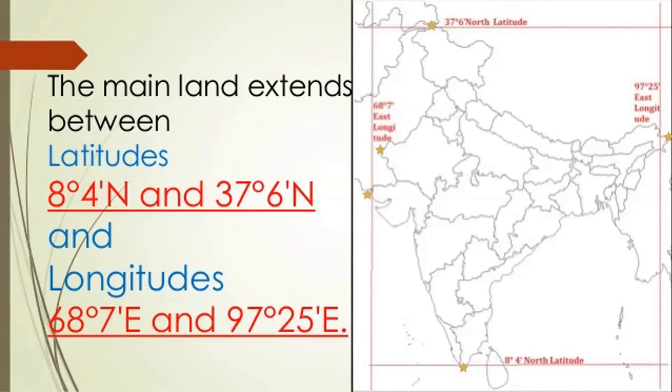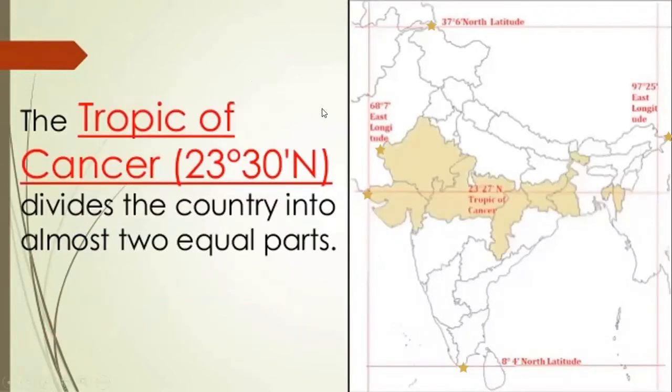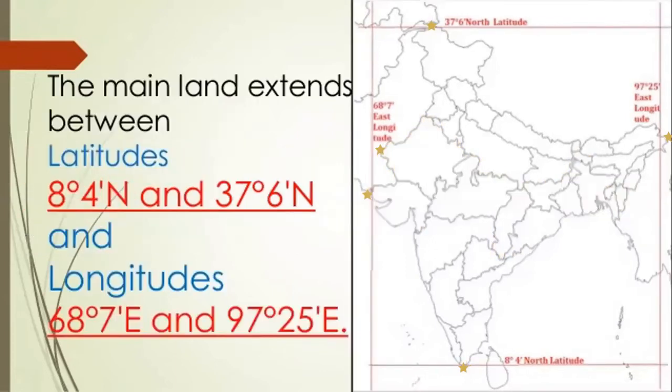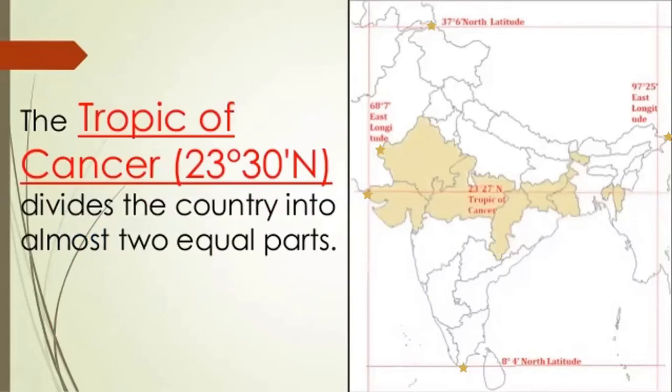So when you do some very simple calculations, if you deduct everything, you will come to 30 degrees. That means the mainland extends to 30 degrees. We already know that the Tropic of Cancer divides the entire country, India, into 2 equal parts. I want you all to quickly type the answer, the number of states that it passes through. Of course, you can see the shaded region and count, but I would like it if you all know it.